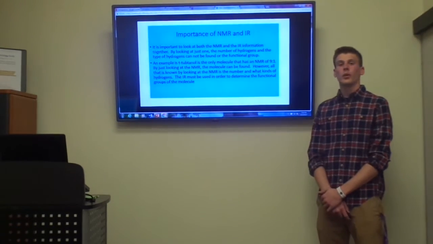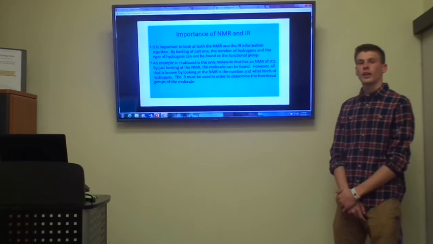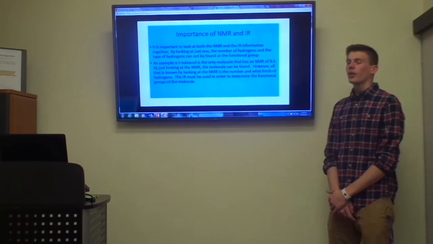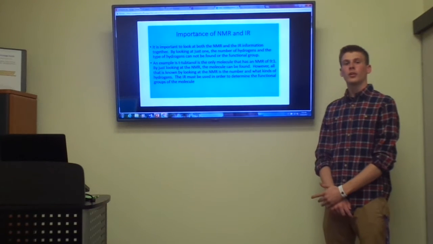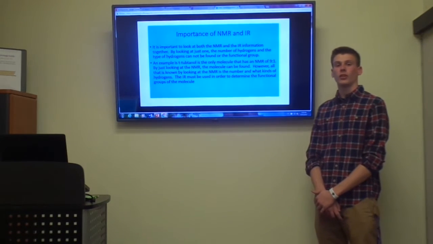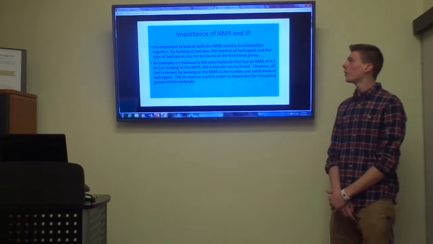The importance of the NMR and the IR. It is important to look at both the NMR and the IR when you're looking at the information. By looking at just one, you are unable to figure out either the number of hydrogens and what kind of hydrogens they are, or the functional group. For example,